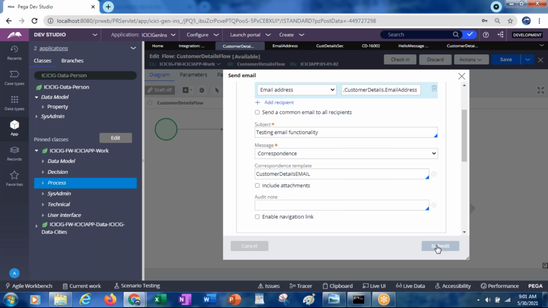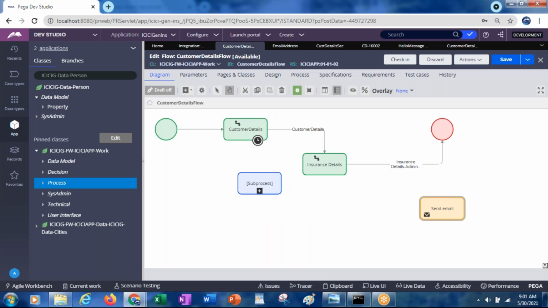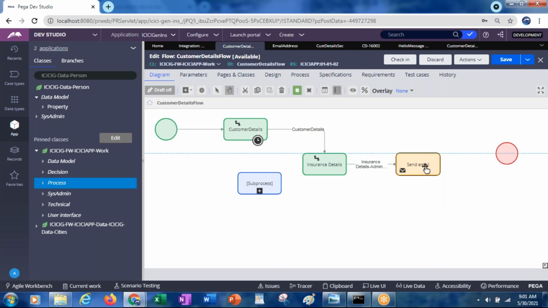Select submit. Now what I want to do is, after completion of the flow, I want to send the email, and then I want to end the flow. Save it.